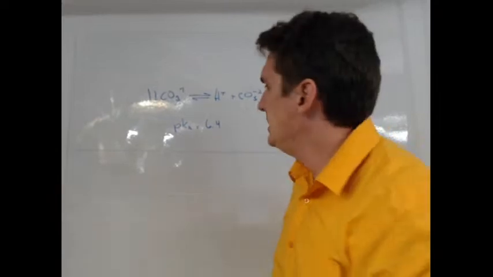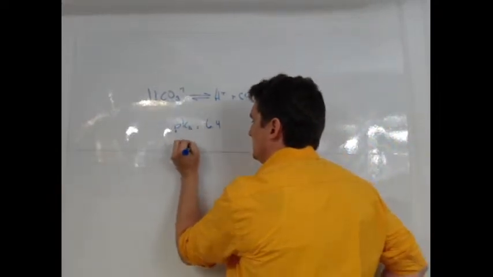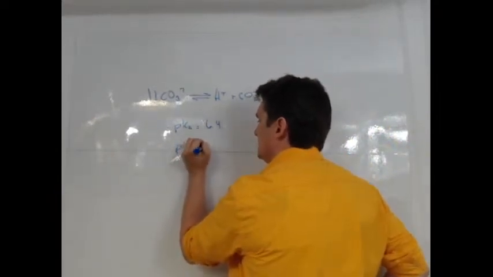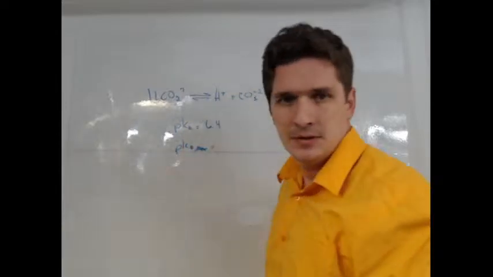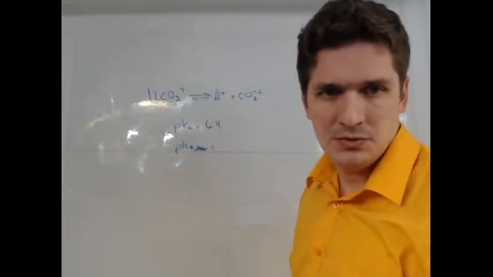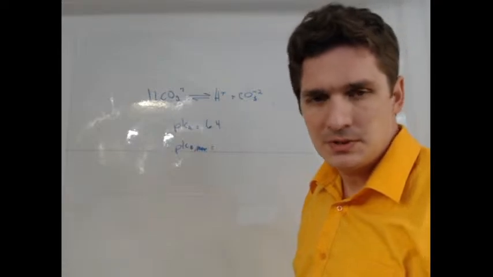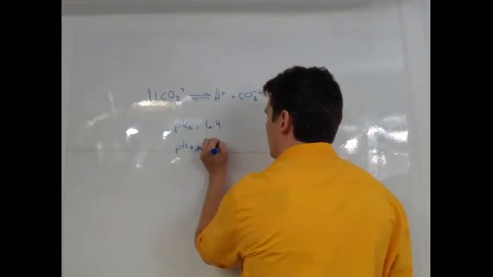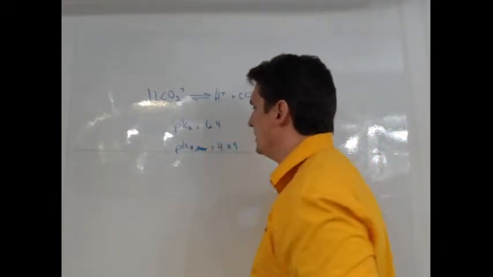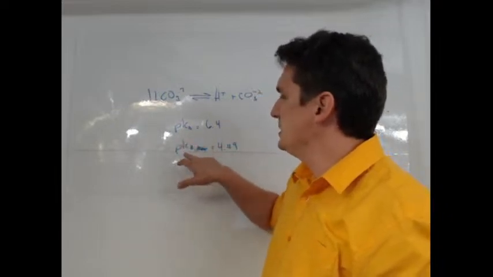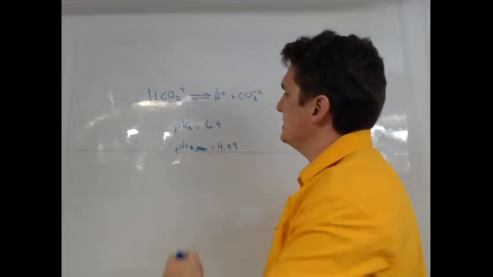And then if we look at the pKb of naphthol, this is going to be 14 minus 9.1, 4.49. So this is more acidic than this is basic, so it makes sense to say that if this is